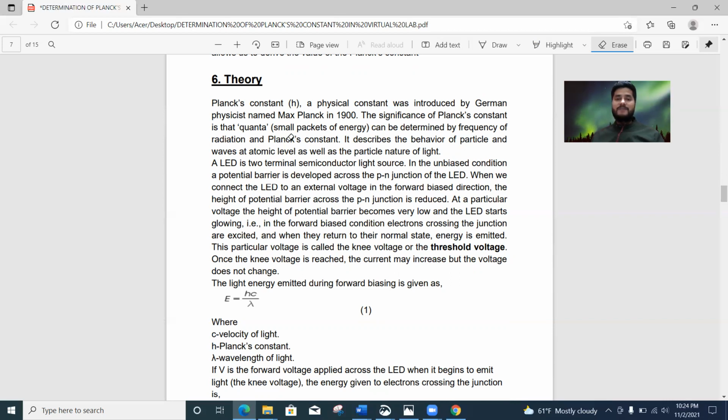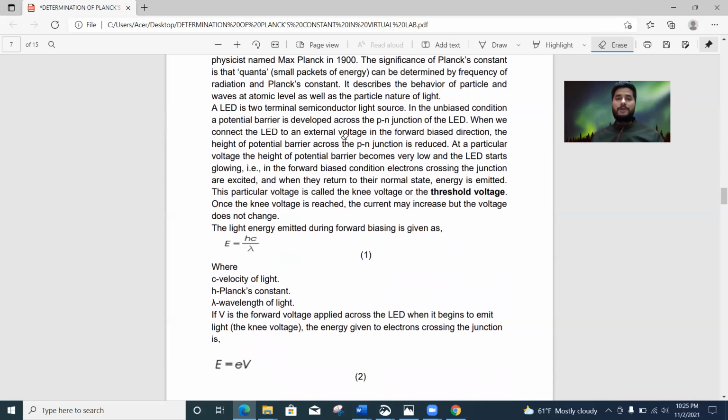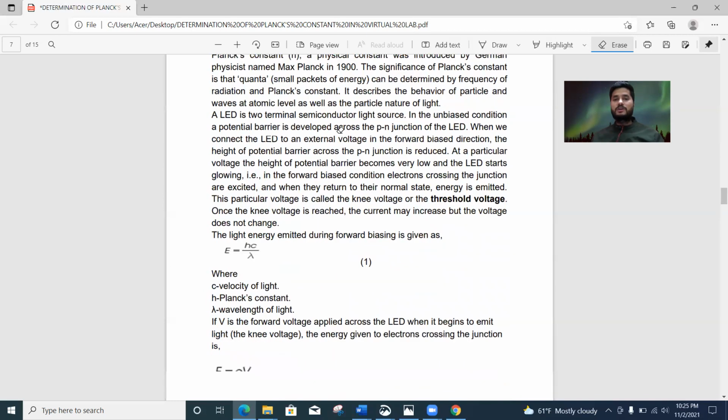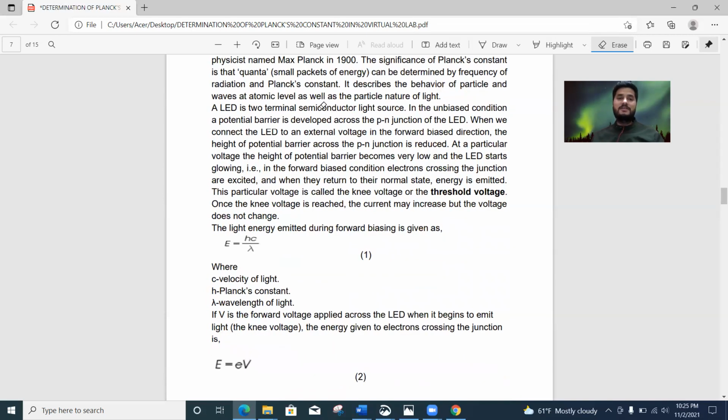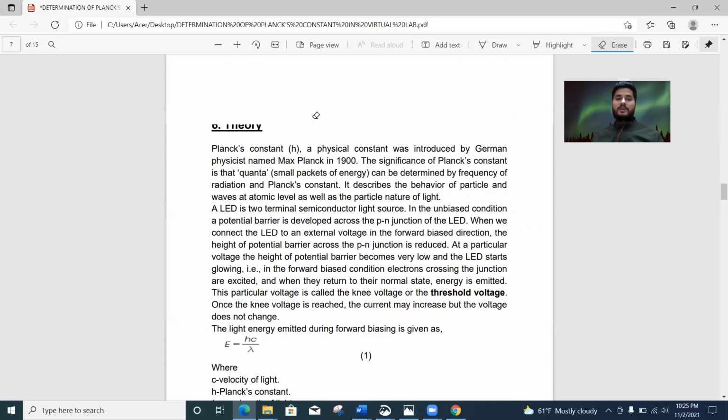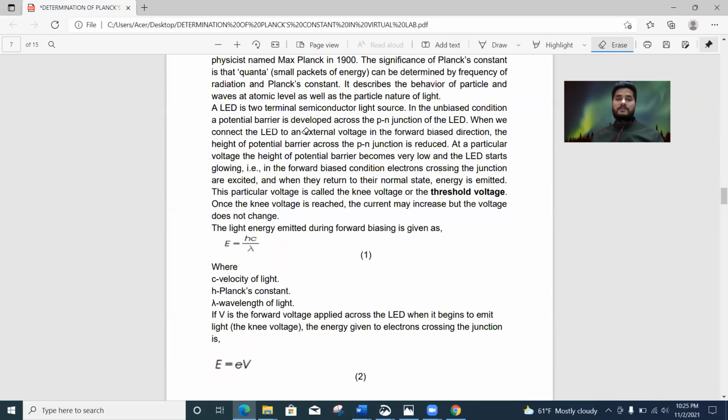It describes the behavior of particles and waves at the atomic level as well as the particle nature of light, that is duality. Duality means dual characteristics of wave and particle, where the quantum shows both particle as well as wave nature. This is the main theory of the